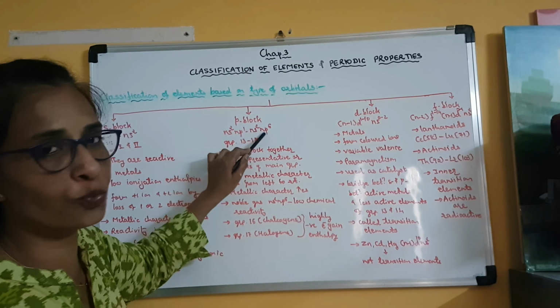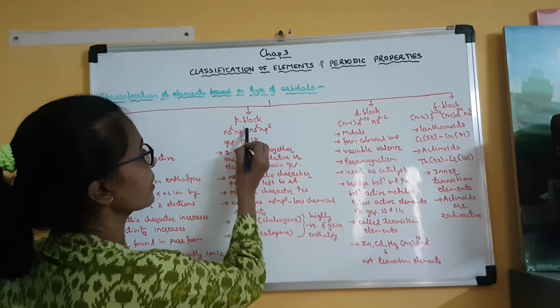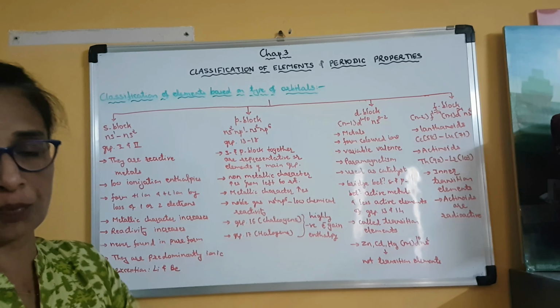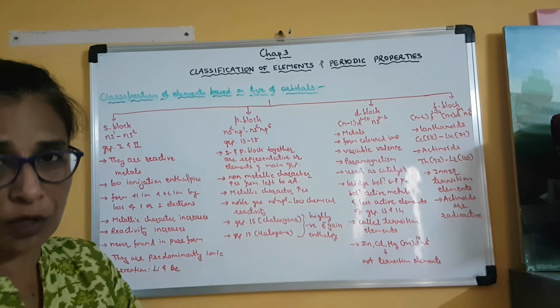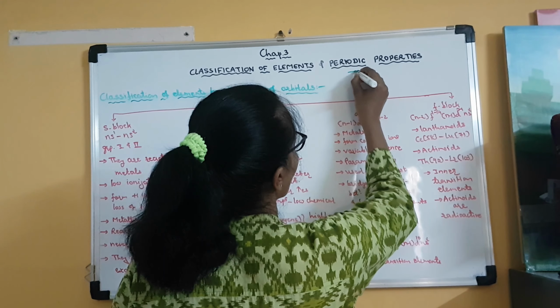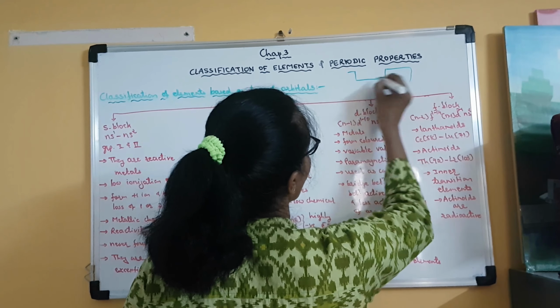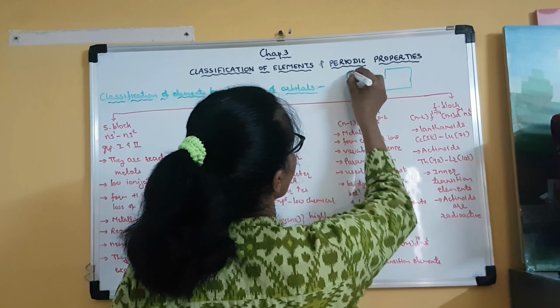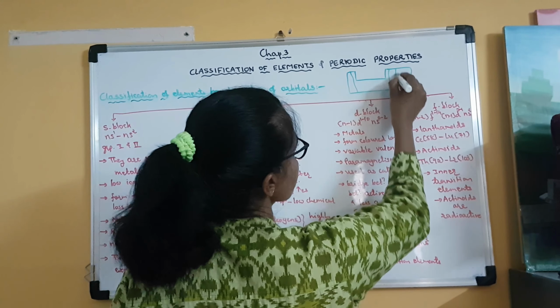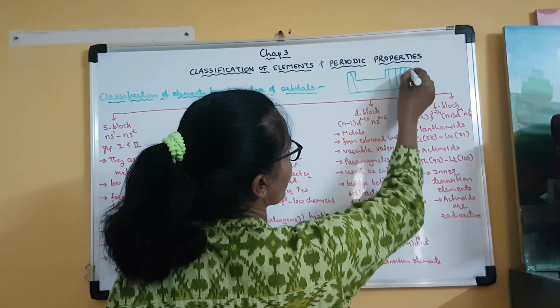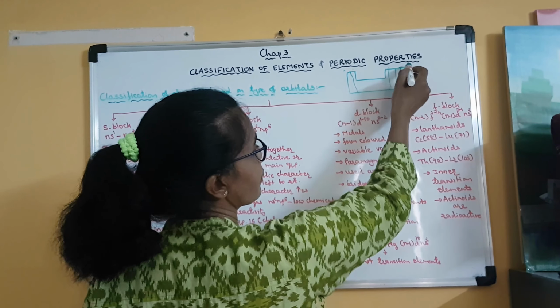So the important thing is, in p block elements, the last electron enters in p orbital, whether it is px or py or pz. And that's why they are called p block elements. Now in the periodic table, group 13 to 18. If you remember the periodic table, the arrangement is like this. The first two here are the s block elements and these are p block elements. So this is group 1 and 2 and here it is group 13, 14, 15, 16, 17 and 18.